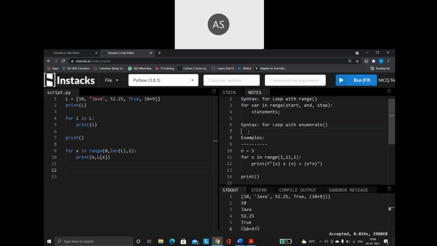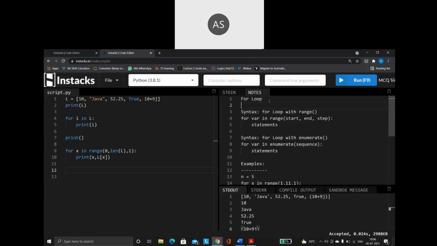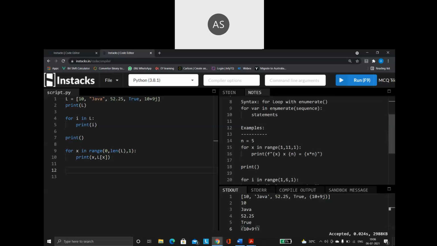I have to say for, same way, some variable name in enumerate of name of the sequence, colon, then the statement. Whichever statement I want to repeat, I will write that statement here. No semicolon needed. So this is the syntax of my for loop with the enumerate function.